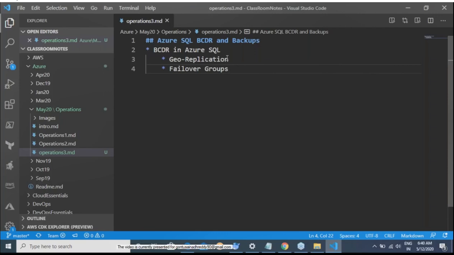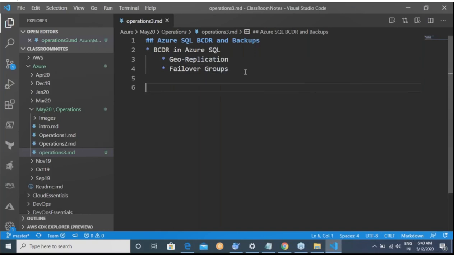But when it comes to business continuity and disaster recovery, the whole point is you need to go with geo replication and failover groups. So go and refer through these sections which we have spoken about in the earlier case, while we were discussing Azure SQL. Please go and refer through that.